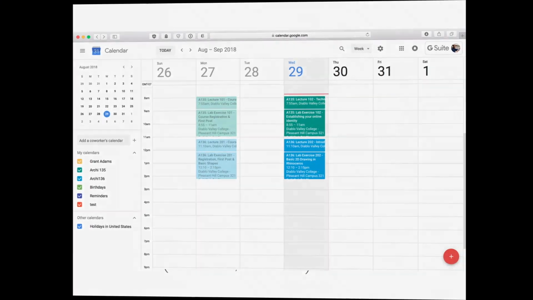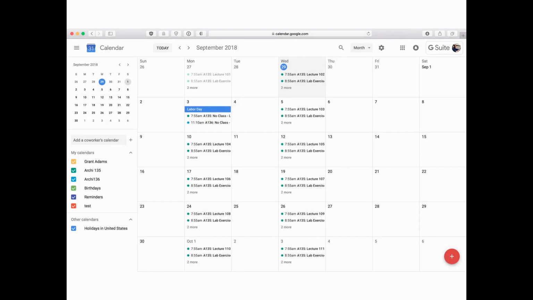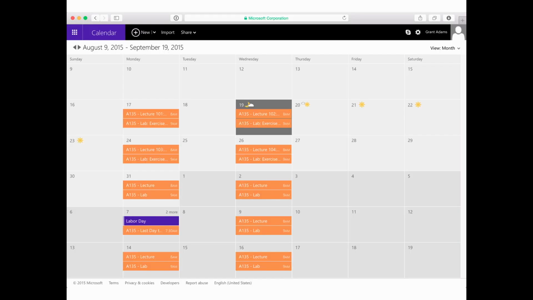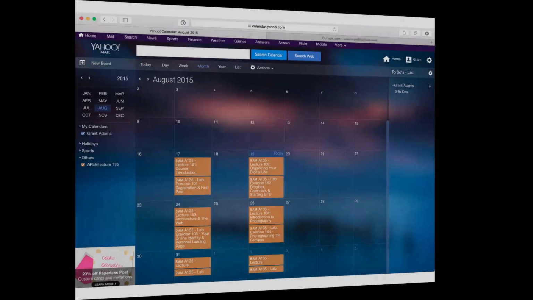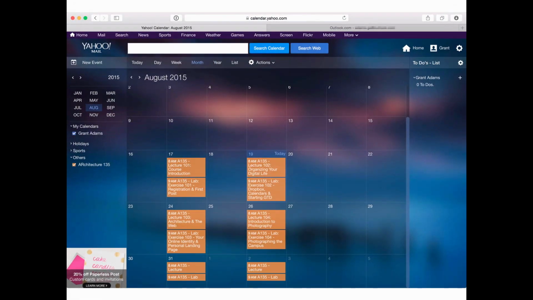If we look, that's Google's calendar. Oh, this is the month view of Google's calendar. So essentially the same thing, but in month view. Here we are, month view of, is this one, this is Outlook, I think? Yeah, this is Outlook. Basically the same thing. I don't even know if I have Yahoo up here. Yep, there's Yahoo. So depending on what email service you're using, chances are you have a calendar, and I'll walk you through how to subscribe to our calendar today.